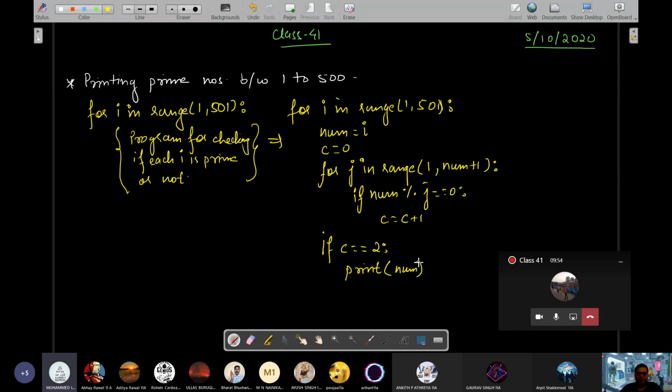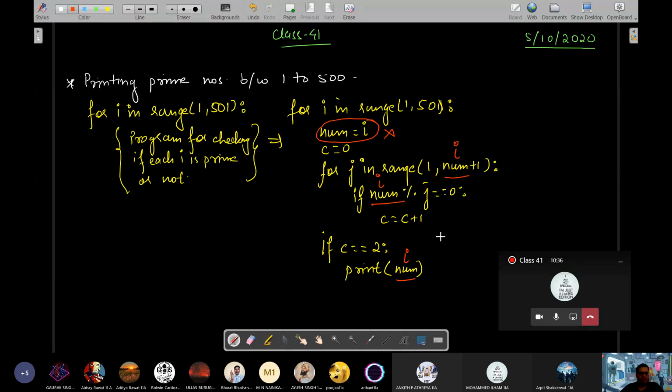Sir, you can say without num is equal to I also we can write the program, no, sir? Yeah. So what we can do is to make it better. See, here you are writing num equals to I and then you are writing num. So why not directly use I here? Why create one extra variable num? So that also can be done, in which case you can skip this line. You can change this to I and you can change this to I. ठीक है? And even you can change this to I.